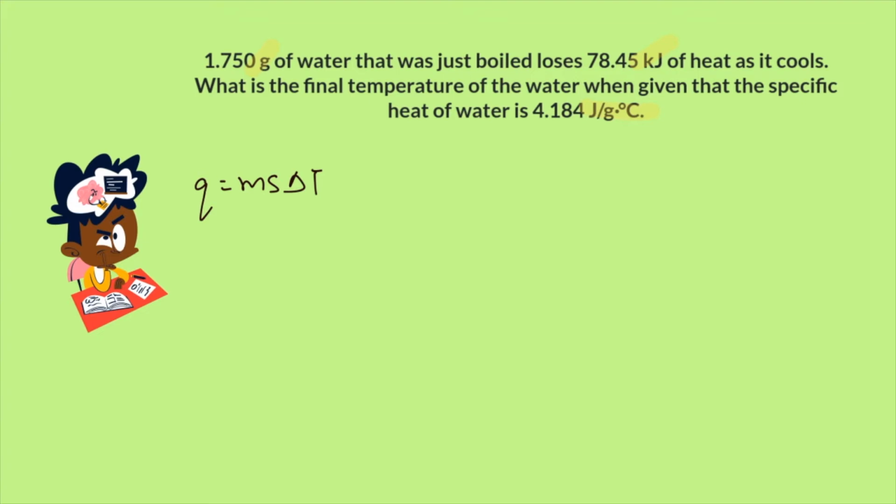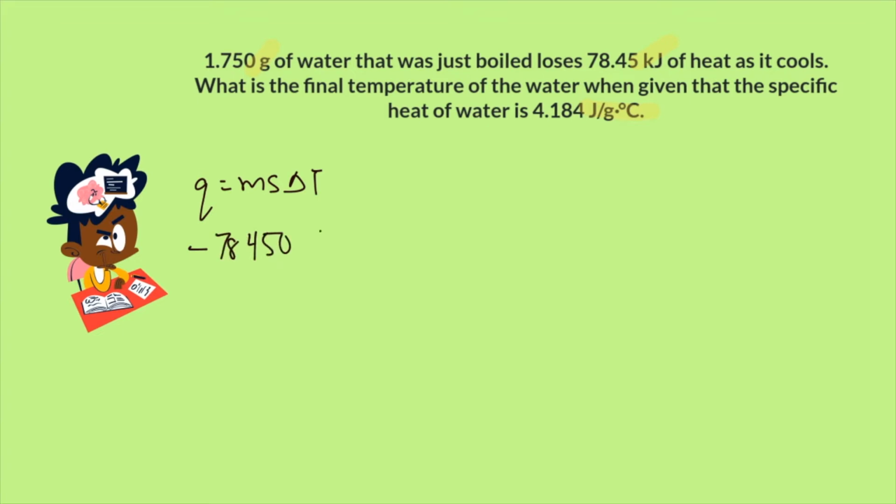It states that this amount of water which is just boiled loses the heat. Losing heat means that your Q must be negative. From the calculation to convert from kilojoule to joule, we got